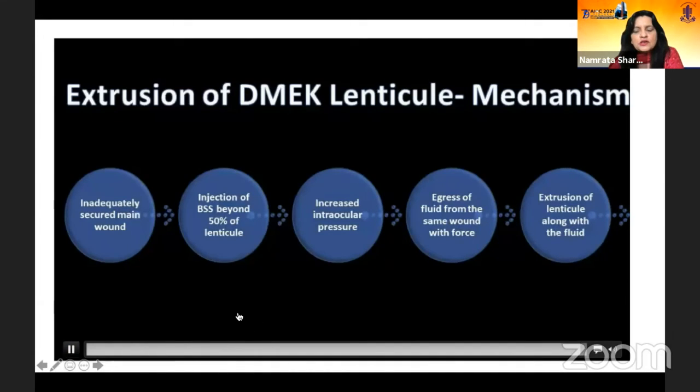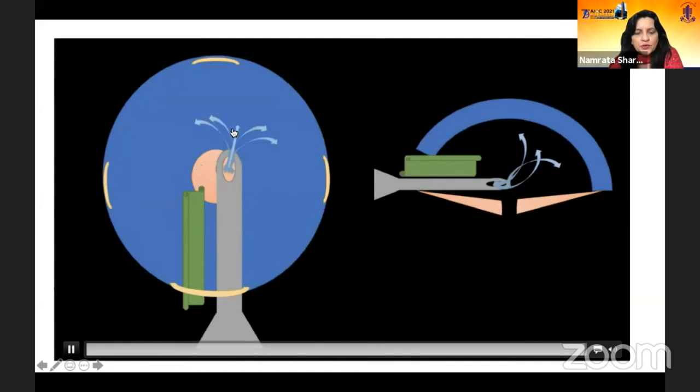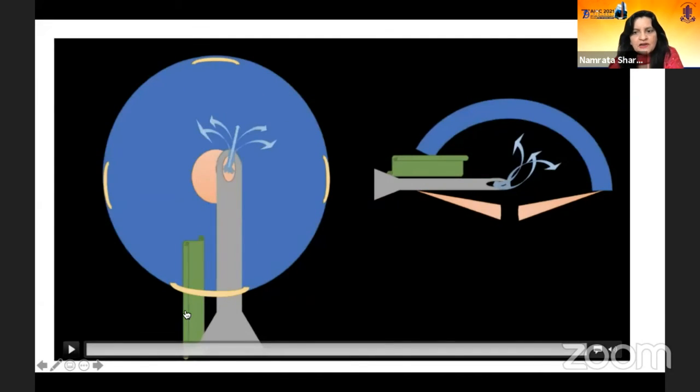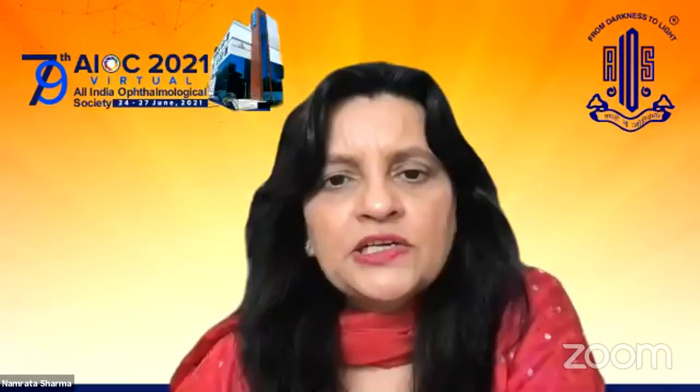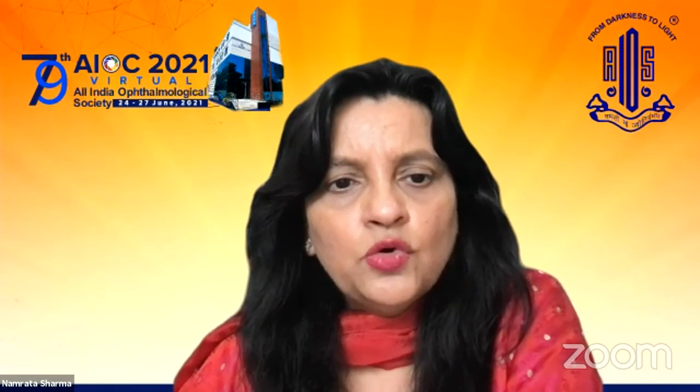Now let's watch this on an animation. So if I'm putting the fluid here, the graft will definitely come out. So this is what has to be avoided and should not be done. The fluid should be put preferably not leaving a gap, so that there is a conduit for the graft to come out through capillary action. So thank you very much for your kind attention, and these were, I think, my oops moments.